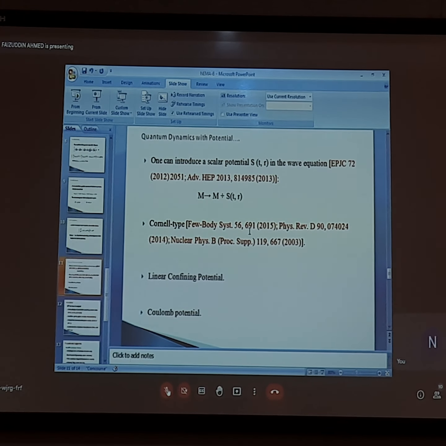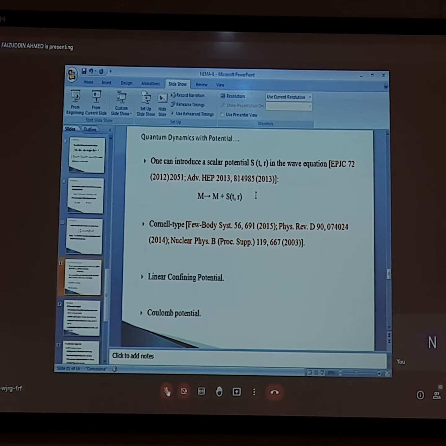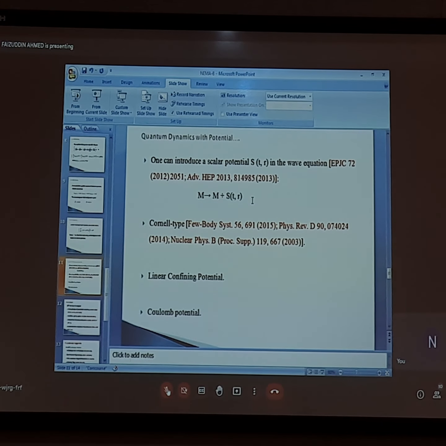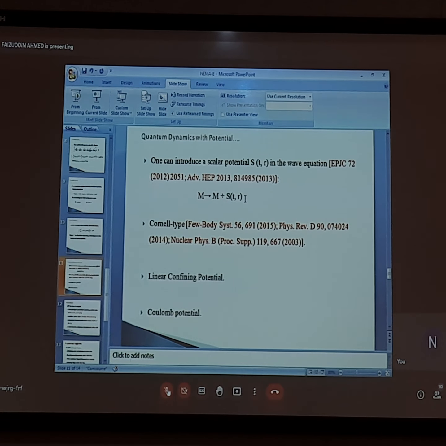Now there is another part: one can study the dynamics of these spin zero particles in the presence of a scalar potential also. This scalar potential can be introduced in the wave equation through the substitution m goes to m plus this one. There is another way to introduce the potential, through minimal substitution into the wave equation by substituting the covariant partial derivative, del mu equal to del mu plus I n, that is the fourth component of the electromagnetic vector potential. So this is another step.